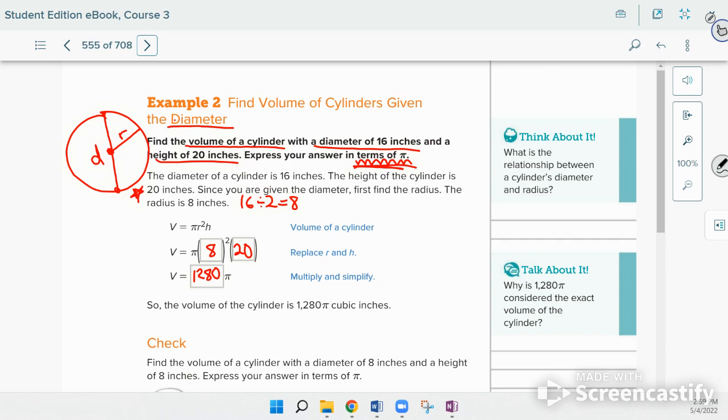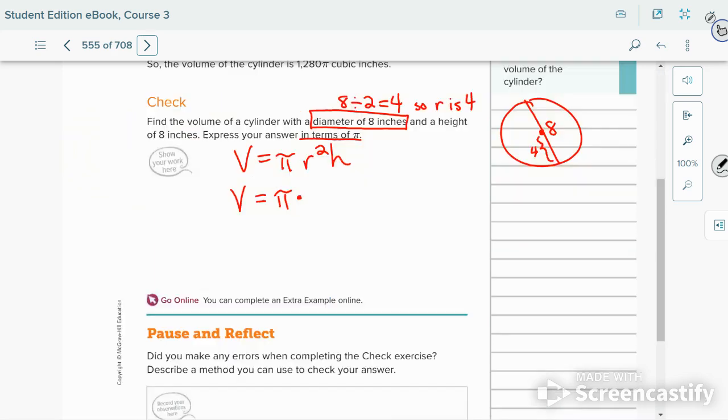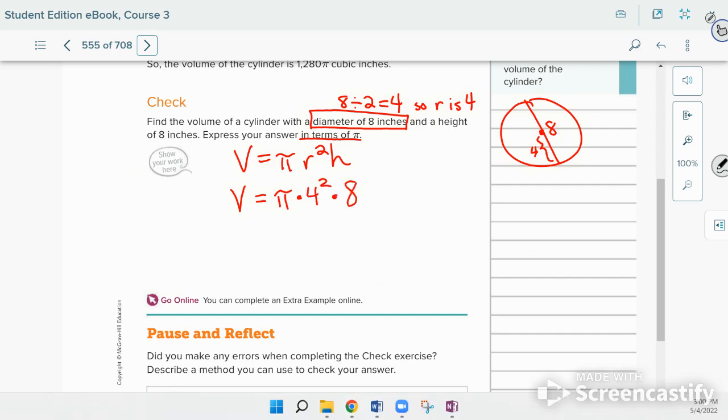All right, try that check and see how you do. Here we go. Hopefully you're doing all right. They give us the diameter, so we have to divide it by 2 and get 4. Plug that in here and put the height in of 8 inches. When we simplify this part, we get 128. We flip it around so the numbers before